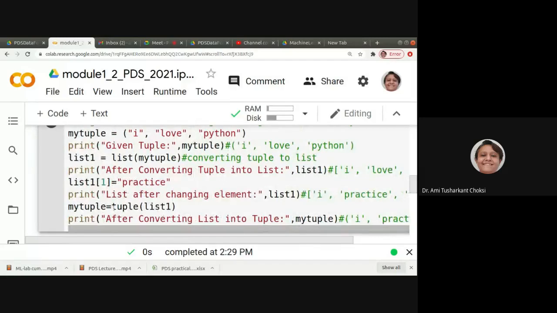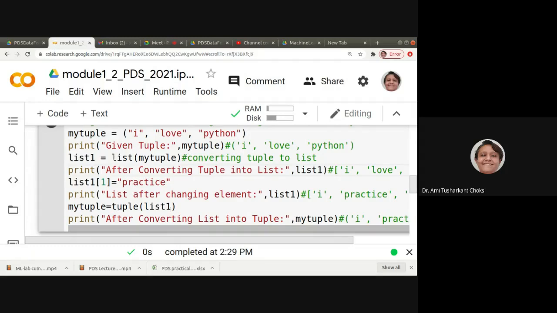Now my tuple is equal to tuple of list. Again, we are converting this list to tuple. Again means we are again operating on it. First of all, whatever was there in the tuple, we have converted it to list. Now we are converting list to the tuple. Okay, so that we can do with the help of tuple of list.